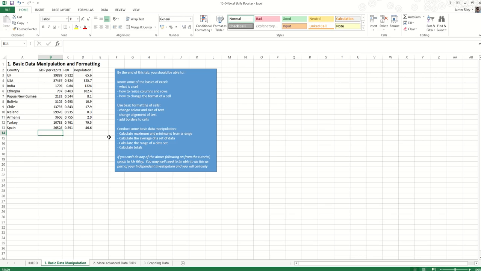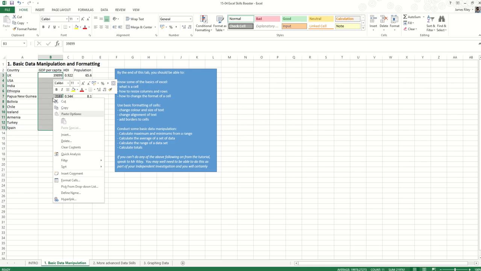So first thing we're going to do is think about how you format cells. So at the moment these are just in as numbers, but actually these are in dollars. So I want to change these so they're in dollars. So I'm going to highlight all of the cells. This is now called an array when you have multiple cells all highlighted together. So this would be the array of B3 down to B13. Then I'm going to right click, go to Format Cells,